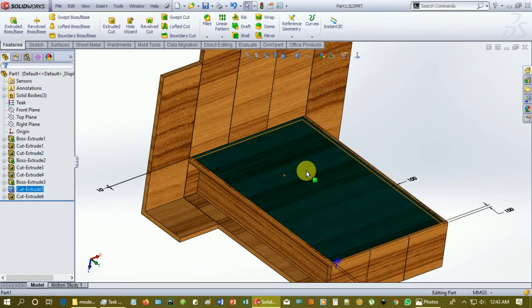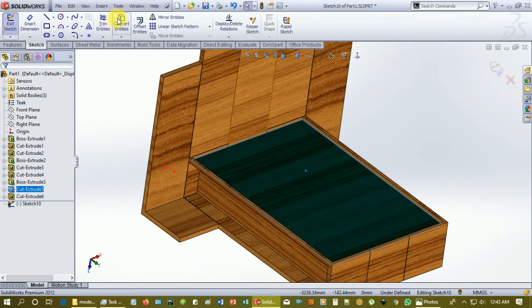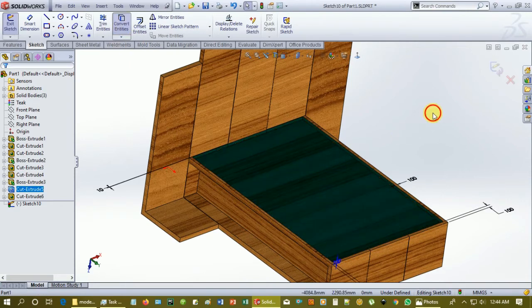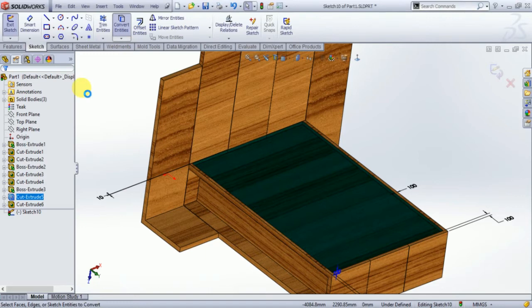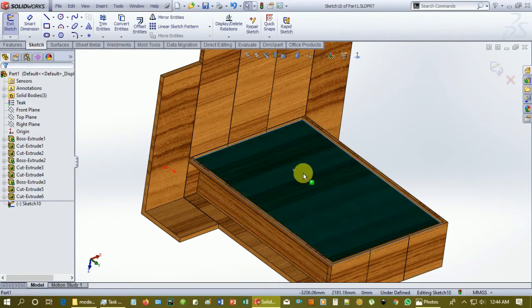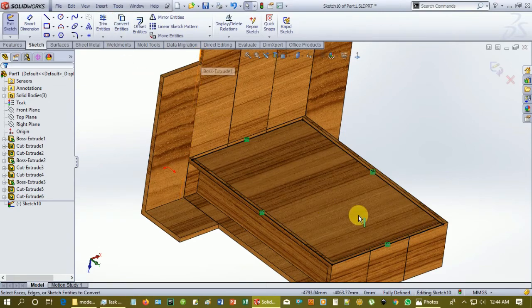So let's select this face and go to sketch, select convert entity, I think here is some defect, so we need to select that one and convert entity. So here is the sketch,